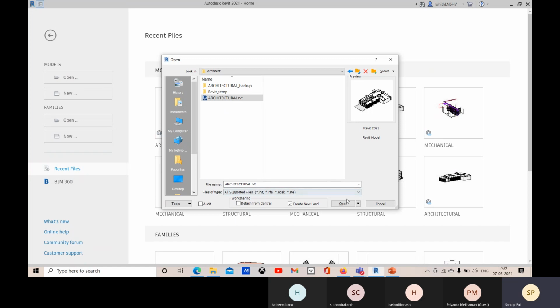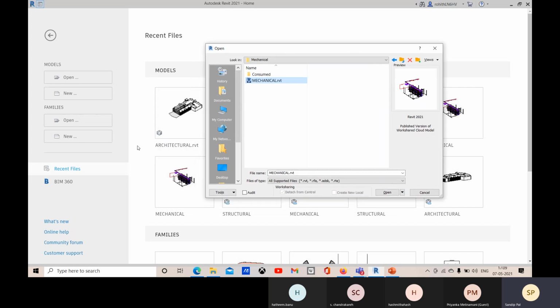Whenever you open it for the first time, you will not have this create new local option. So how can you have it? Let me open another file. Here you see this is the file which is uploaded there, but it is not connected with the central file, or you have not uploaded your central file.